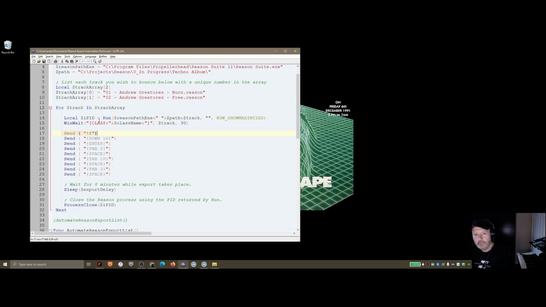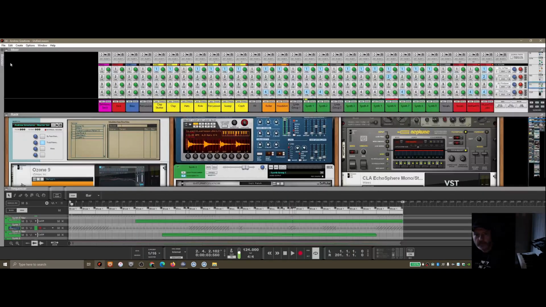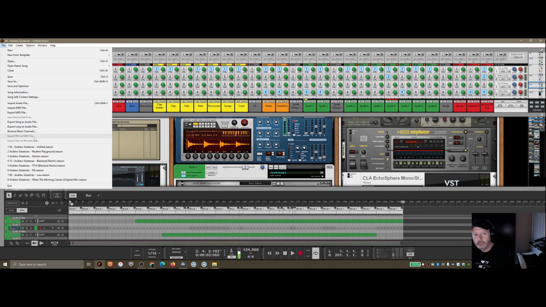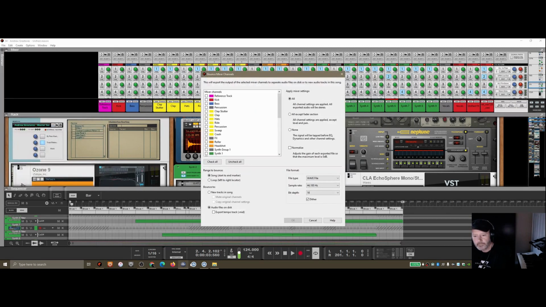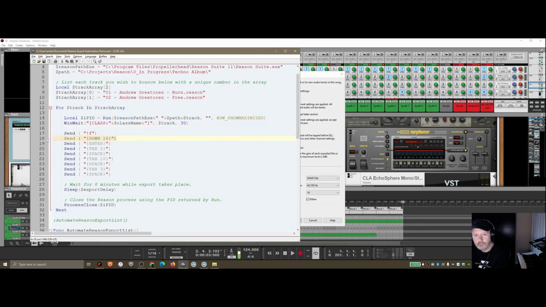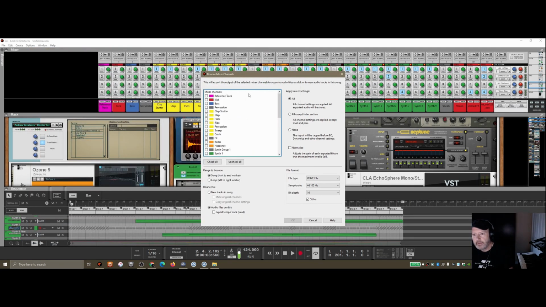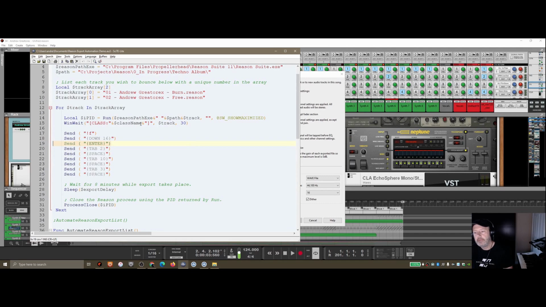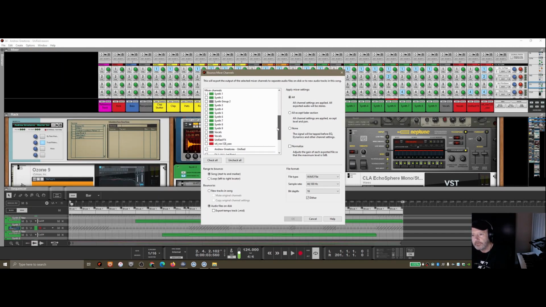Then what's happening here is, as I'm iterating through, Reason's open, so basically it's ready for bouncing out. What I'm sending here are various keystrokes. I'm going to the File menu, which if we flick back to Reason opens up this menu, and then I'm hitting the down arrow to come down to Bounce Mixer Channels. You can see there I'm going down 16 down arrows, opening up that menu dialog box. Then I'm tabbing 2, so I'm basically tabbing down to Check All, hitting space on Check All to highlight each one, because the difficulty I had at first is knowing exactly where